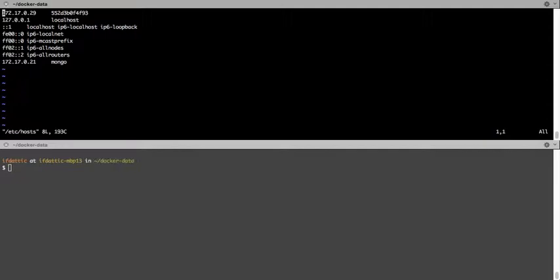Use the IP address of your Mongo container and include it as a first entry with a name of localhost. Also comment out your localhost entry.